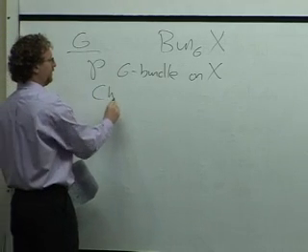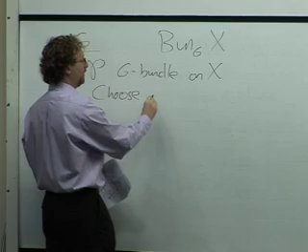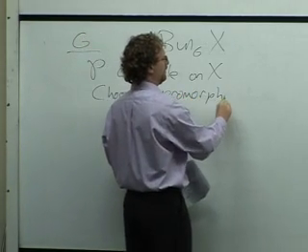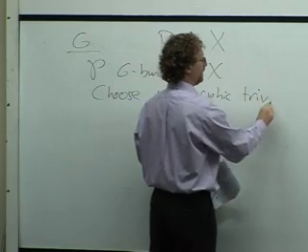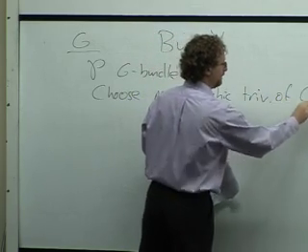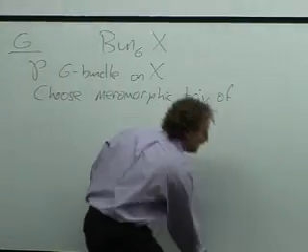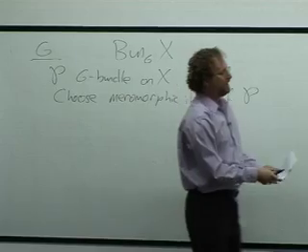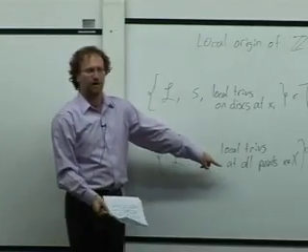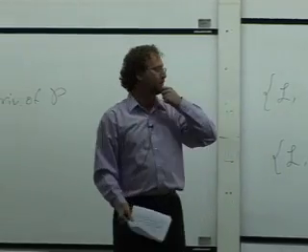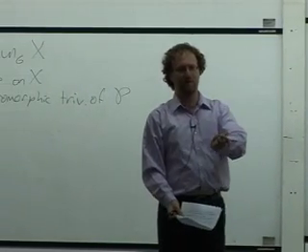We're going to choose the following things. We're going to choose a meromorphic section, or if you'd like, a meromorphic trivialization of G of P. So maybe I should point out why we do this kind of extreme choice: if I give you a line bundle on a Riemann surface, algebraically I can't tell you away from which points I'm going to trivialize it.